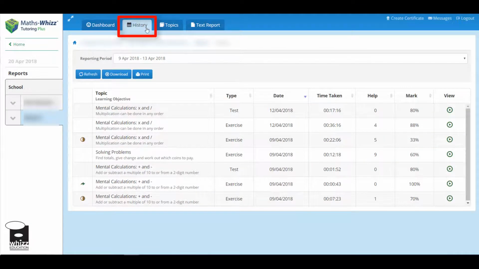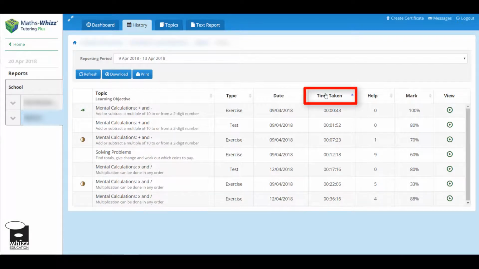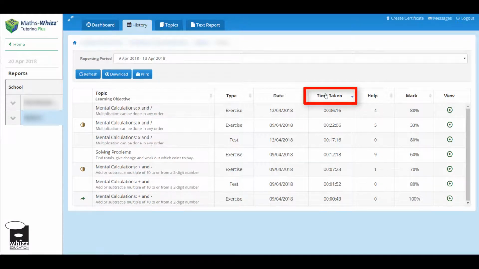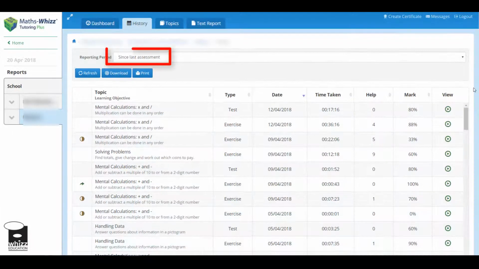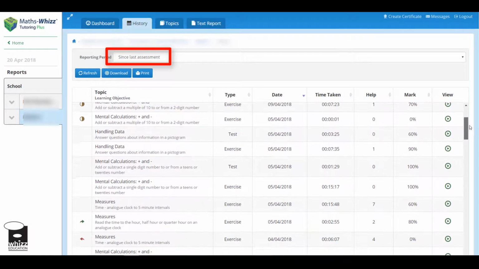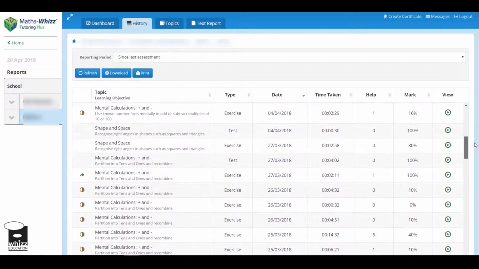When a student has high usage and low progressions, I first click twice on the time taken column, as it will show me the longest time that has been spent on a single activity. In this case it is 36 minutes, which is very high. Then click on the date column to put it back in chronological order. This is where you select since last assessment